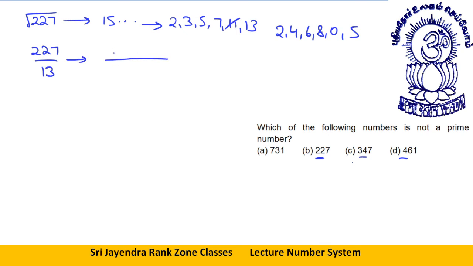27 by 13, how will I do it? See, I know 221 is divisible by 13, let me show you how. 13, 97, 91 is divisible by 13, so it is not divisible by 13 also. So that's how I can say